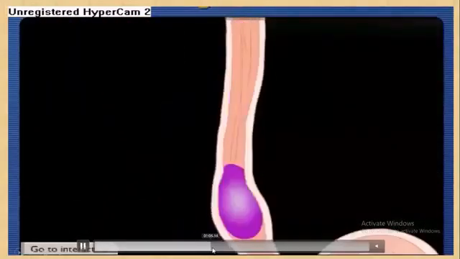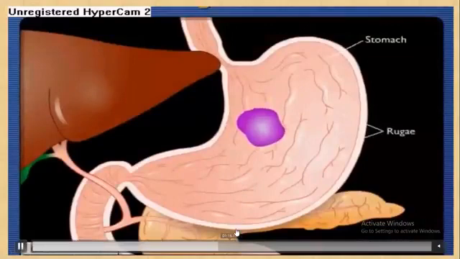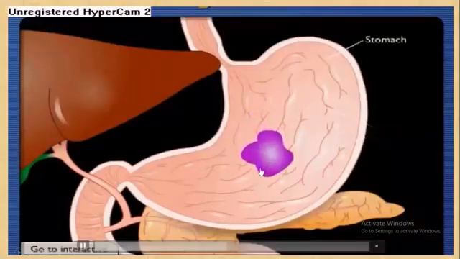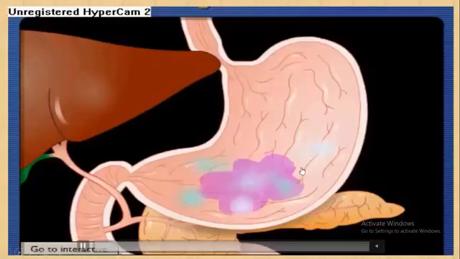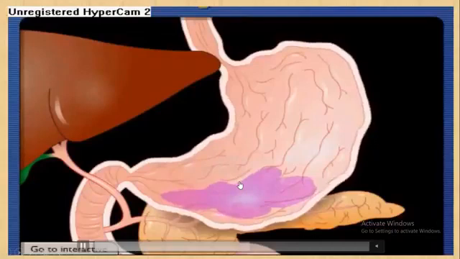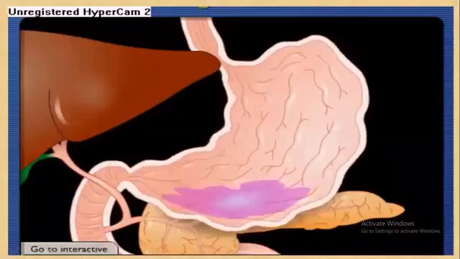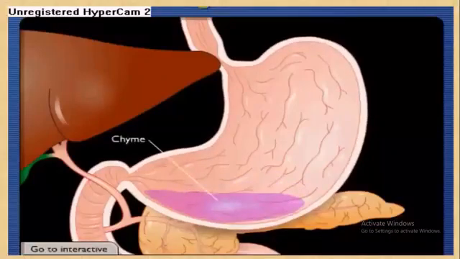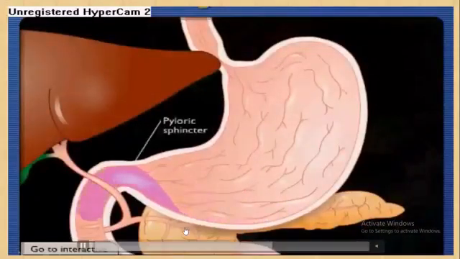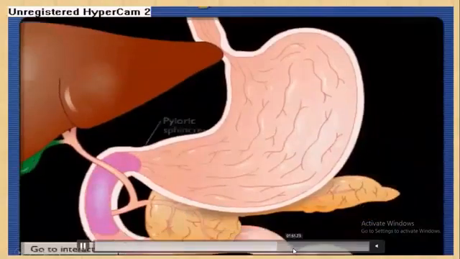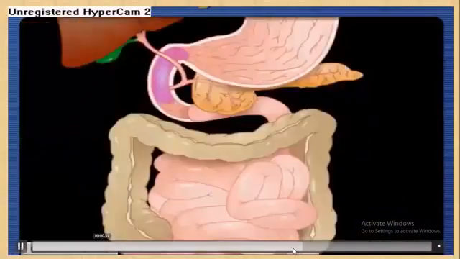We know that in the stomach there is a secretion of gastric juice from the gastric glands. The total process is controlled by the gastrin hormone, and here only protein digestion occurs. Carbohydrate, lipid, and fat are not digested in the stomach. Then the food material goes from the stomach towards